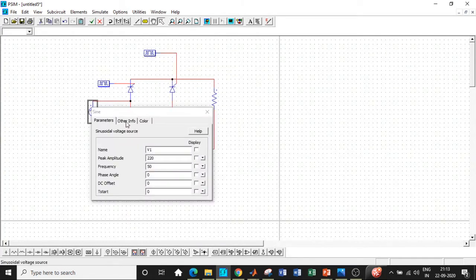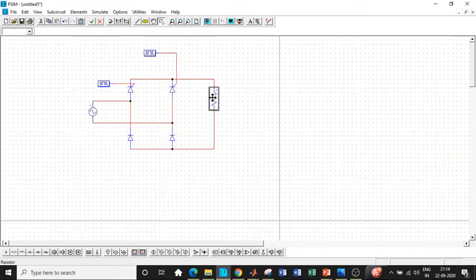So once this is done, for our supply voltage, one of the most commonly made mistakes by students is they enter 230 here directly. Although our supply is 230, we have to enter 230 into root 2, that is 325.26. The reason being, they've asked us the peak amplitude over here, if you carefully observe. So that is why we have to do this.